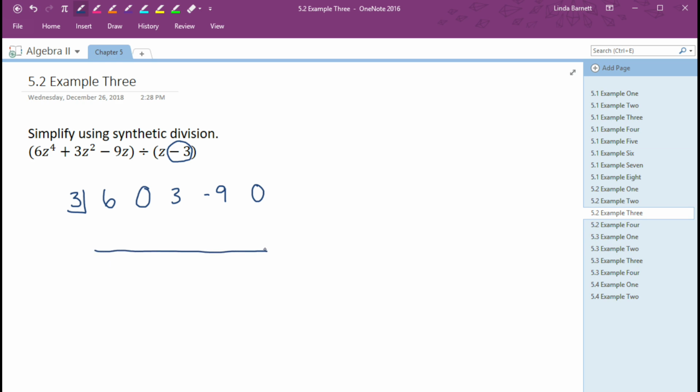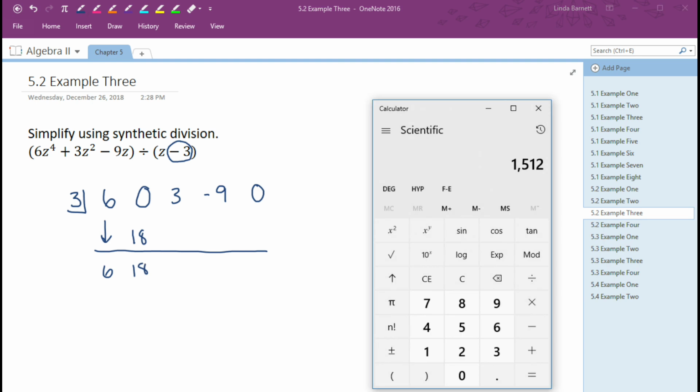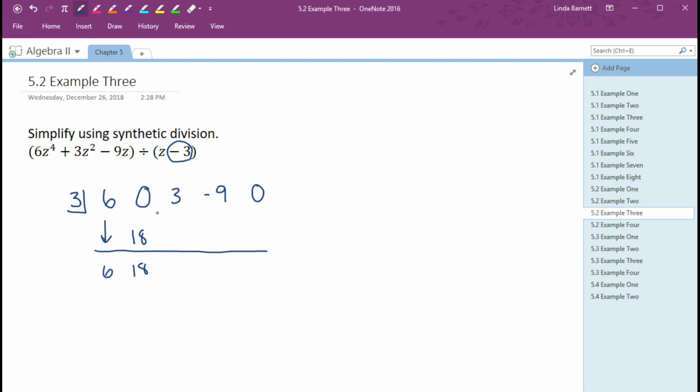And then we just deal with our long division, or our synthetic division, the way we usually do. We bring down this 6, we do 3 times 6 is 18. We add that to 0. That's 18. I'm pretty sure that's 54. Let me double check. 18 times 3 is 54. We add those together. 54 plus 3 is 57. 57 times 3 is, I have no idea,